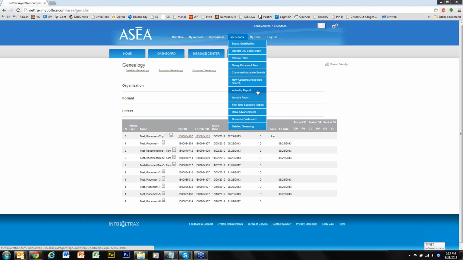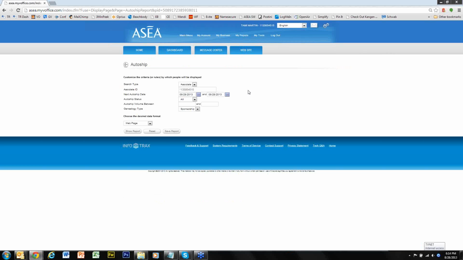Okay, so I'm up at My Reports at the top there, and I'm going to select Auto Ship Report from that menu. And since I already have the ID number of that person still on my clipboard, I'm going to replace that here with that. So I'll go ahead there and do the right click and paste that ID number back. Now what I need to do is I need to select the end of next month. So I'm going to click on the little date that specifies the range for the following month, and I'll click on Next. I just select the last day of the next month,